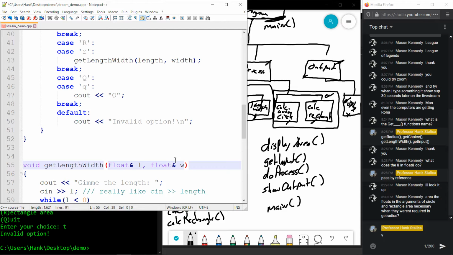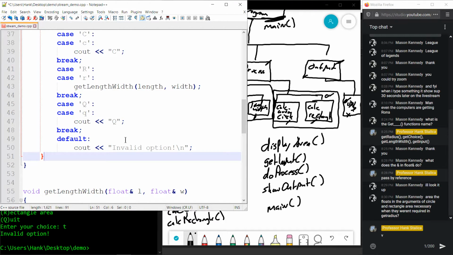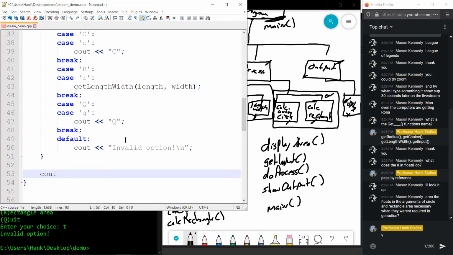Even though you can only return one value, you can have as many parameters as you want. So this is a way that you can get multiple values out of a function. Okay, so let's put in some debugging code here. Just some test code. It's not debugging, it's test code. So we'll see out length and we'll see out width just to see